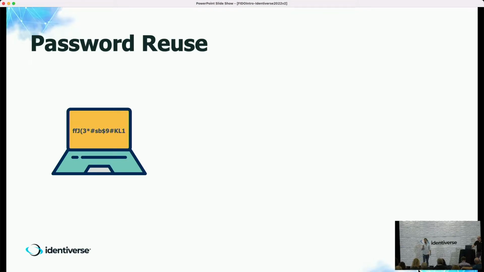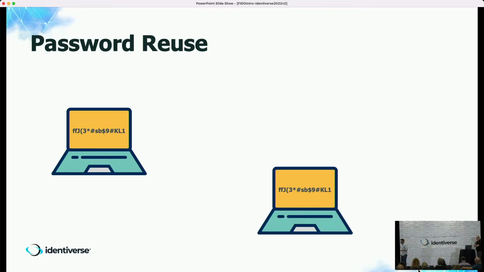The next, password reuse. And I know everybody in this room is guilty of this. We're going to have another example here. I work at a corporate job, and I get an email from IT that says it's been 90 days, I need to rotate my password. I say, okay. I set aside half an hour to do that in the morning. I go through each one of those criteria. I finally come up with this password, and I spend another 3 days memorizing it. So now I've got this password in my mind. And then a really cool new social media website comes out, Meta, MySpace, Facebook, which is amazing. And so I type that in there. Now I can talk to people virtually.